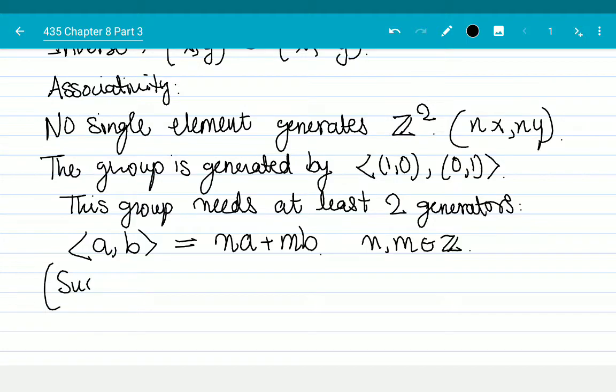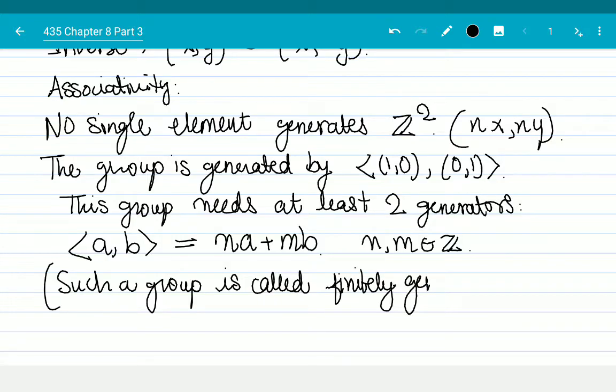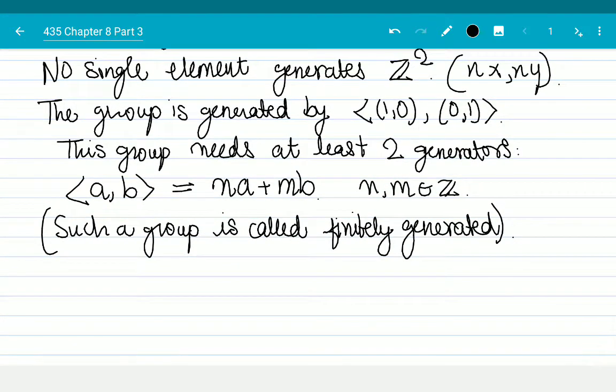Such a group is called finitely generated. Every finite group is finitely generated. You can just list out all the elements and call them generators. So this is only interesting for infinite groups, so you don't really need to know this detail. Remember this detail. I'm just stating it anyway. Okay. But with that, I can now show you an example